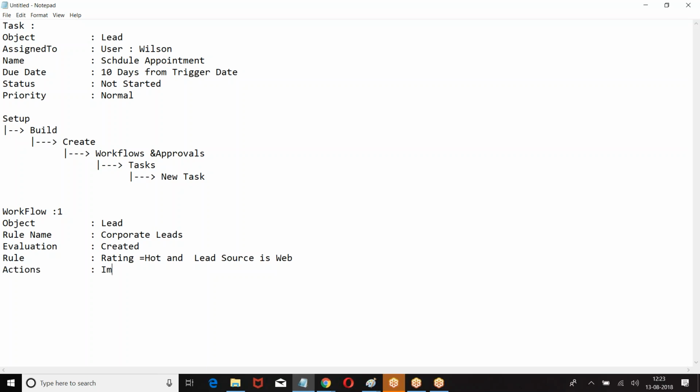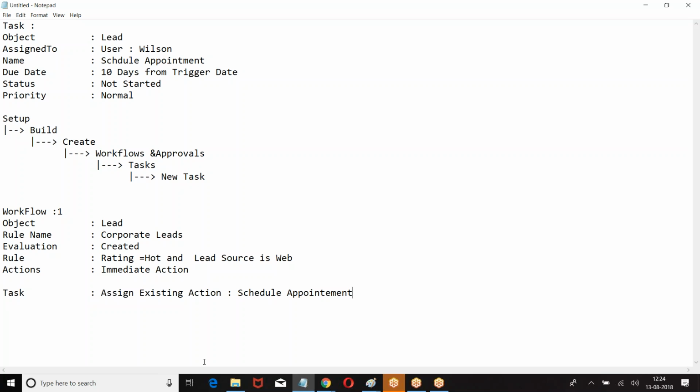What type of action? Task. Assign, assign existing action. This is a requirement. I have a task and I have a workflow. So first I was supposed to create a task, then I create a workflow rule and check the condition.